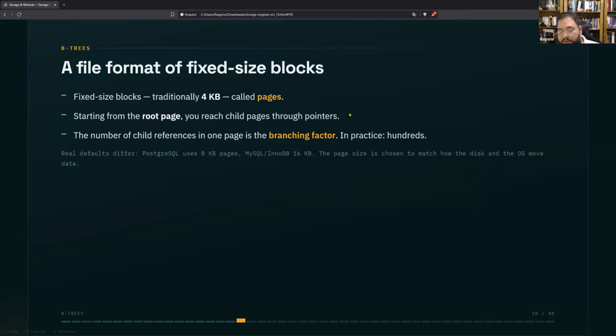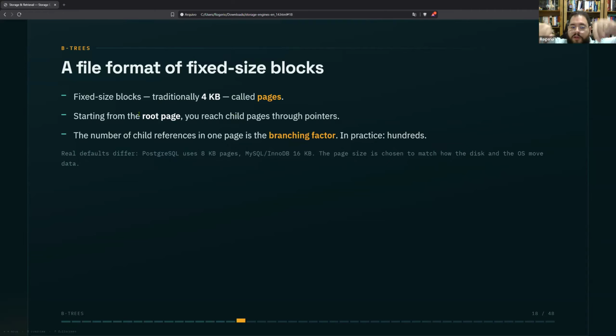For us now, we want to store our data in a specific file format, okay? And this file format is composed of fixed size blocks, and these fixed size blocks, traditionally 4 kbytes, are called pages. And we start from the root page, and you reach child pages through pointers.